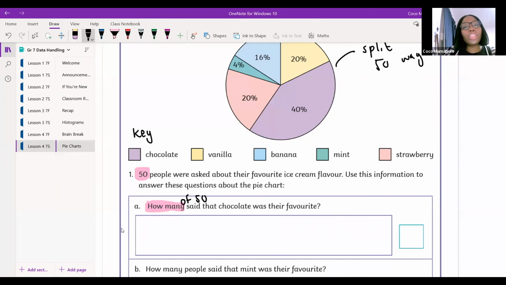So when we are looking for 40% of 50, we are going to punch into our calculator 40 out of 100 of, and I want you guys to remember that multiplication means "of", 50. Okay. Now I want you guys to tell me, if I punch this into my calculator, Nkanyiso, 40% of 50, how much is that? Punch it into your calculator and give me an answer.